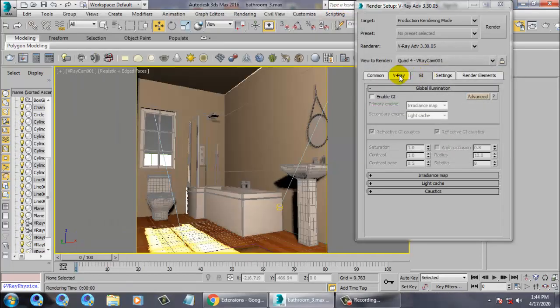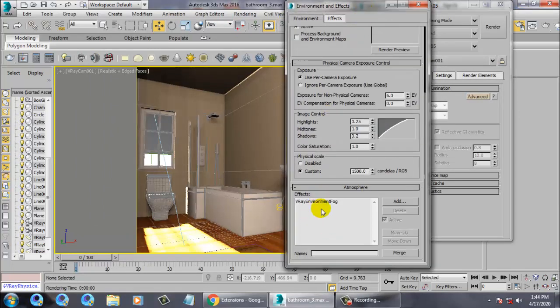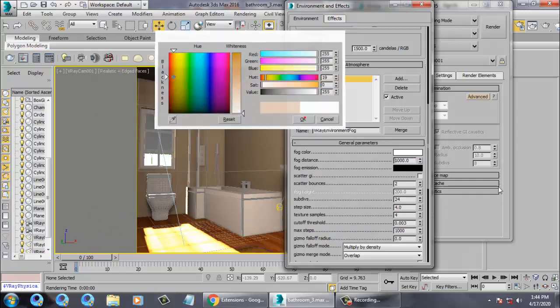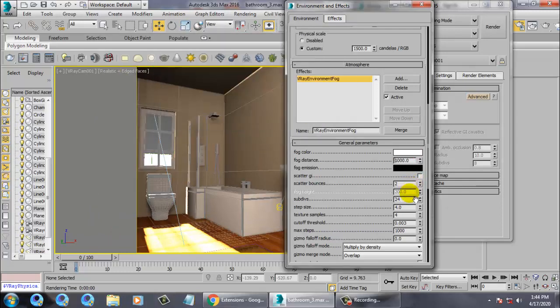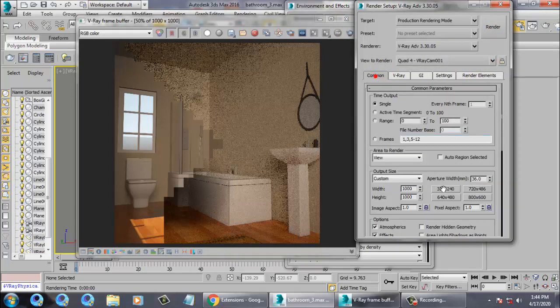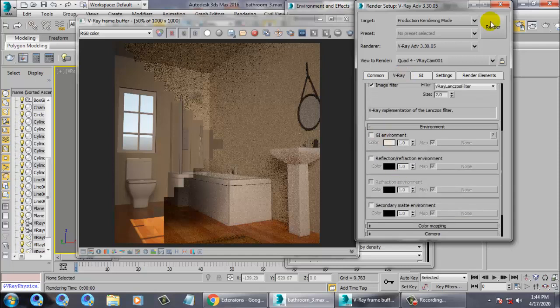We'll make a few changes, like into the environmental fog, make this as white. And one more thing, you can off this GI environment and render it.